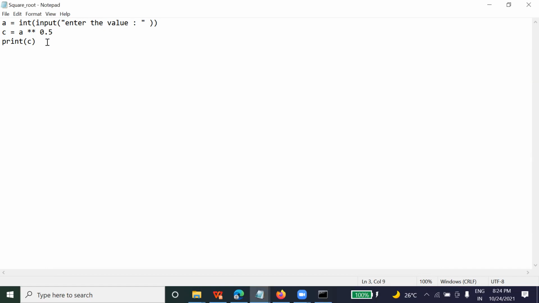Suppose in the interview they ask you, hey Vivek, write a program in Python for performing a square root. What are you going to write? Which program will you write? Any one of you, I'm asking everyone. Yes, correct, 0.5. That's what I'm saying from the beginning.